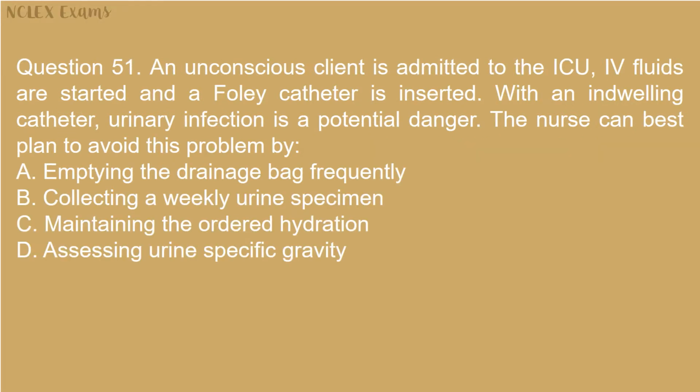Question 51. An unconscious client is admitted to the ICU. IV fluids are started and a Foley catheter is inserted. With an indwelling catheter, urinary infection is a potential danger. The nurse can best plan to avoid this problem by: